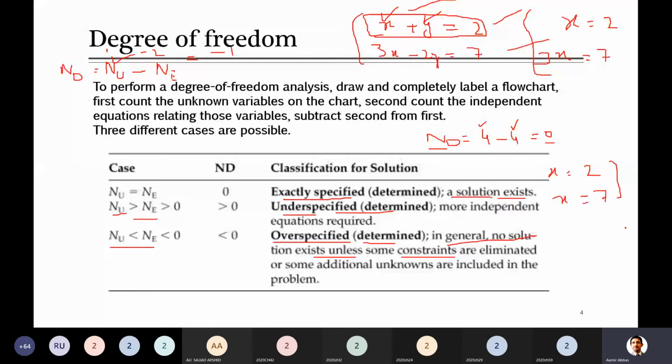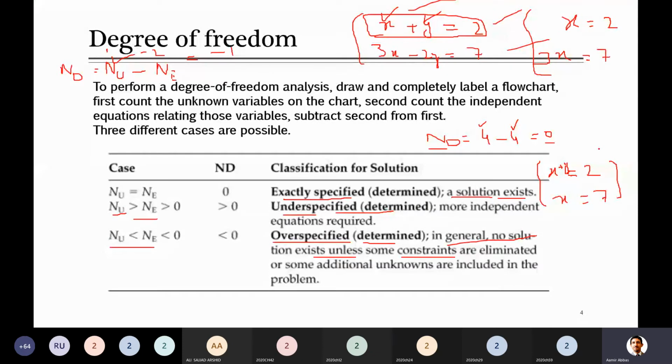You can't get one solution, and in order to get one solution, what we have to do is either reduce the equations or increase the number of unknowns. For example, if I just modify this equation, for example x plus y is equal to 2 and the other x is equal to 7. Now is it okay? Is it exactly specified or not? Yes sir. Simply you can see that there are two variables now, x and y, and for solving two variables you will need two equations. So here you have two equations, so you can easily solve this problem. Fine. Any other question?